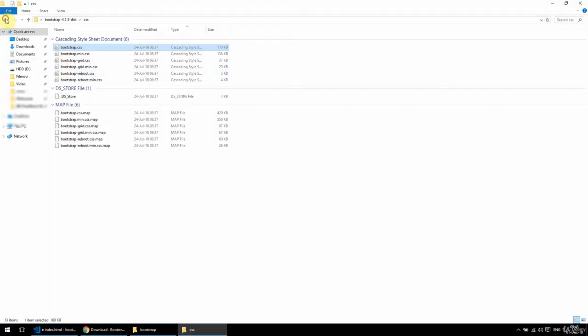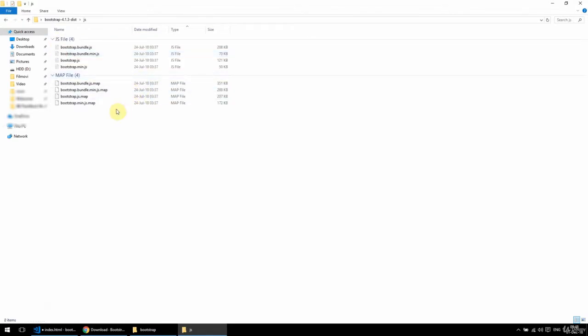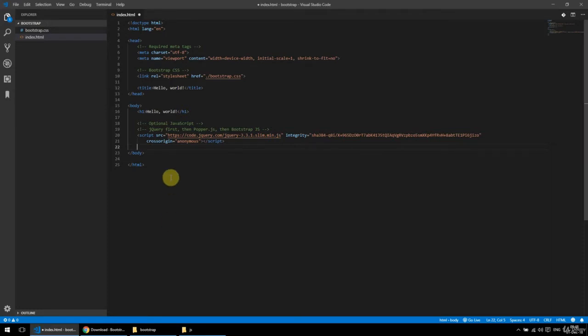And now in the JS folder, there are these bundle.js files and Bootstrap.js files. So the bundle includes both Bootstrap.js and Popper.js. So I'm just gonna use that. Copy that, and in here I'm gonna say script and source.